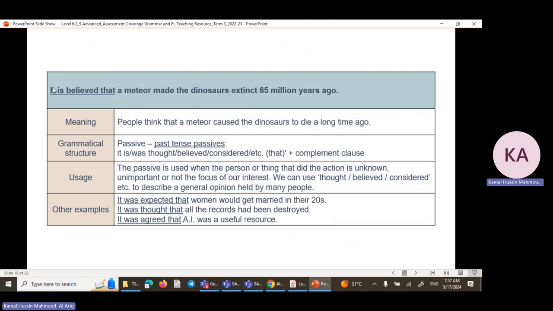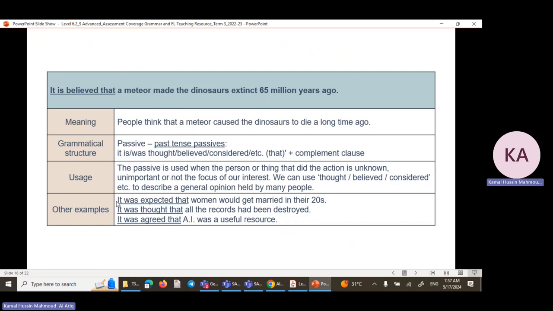It is believed that. This expression with "is", you have to add "ed" and "that". Sometimes they will give you "it is believing that". It's not correct. It is believed that. Listen, it is believed that: you have to add is plus ed plus